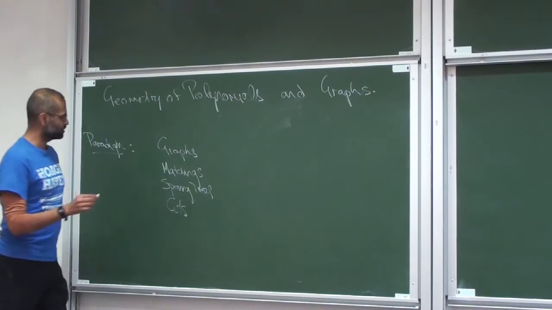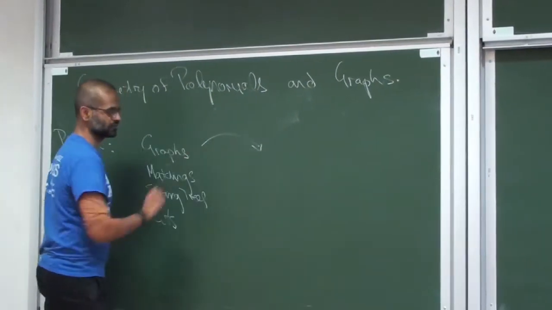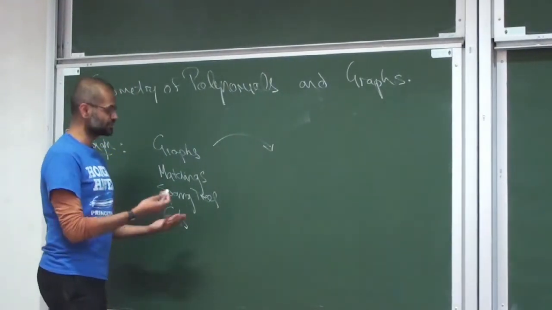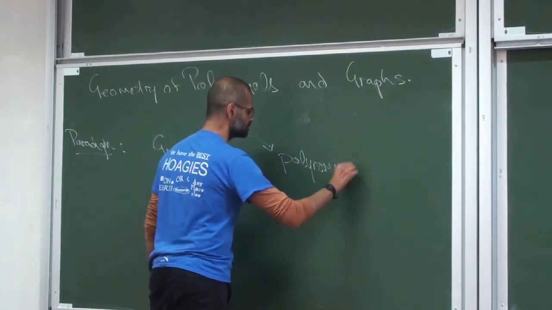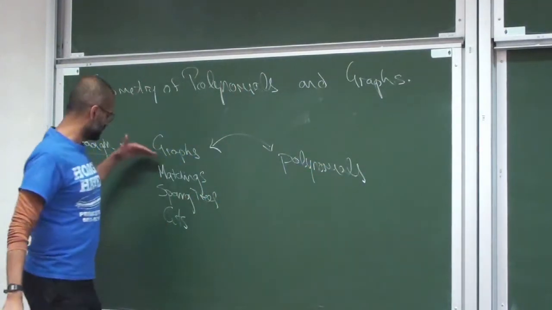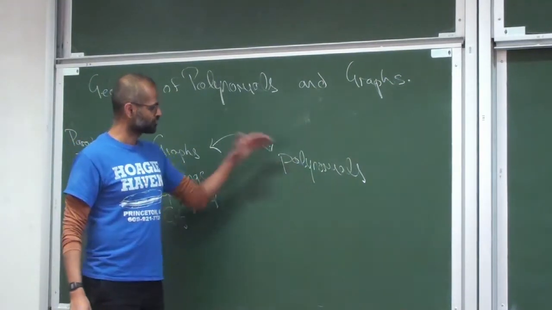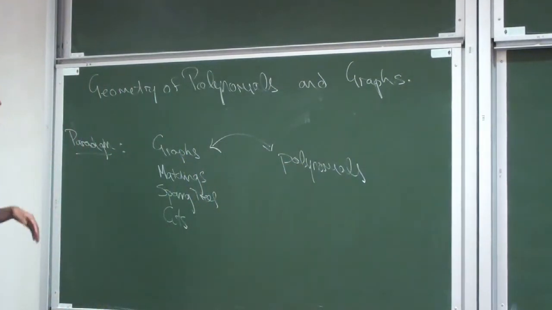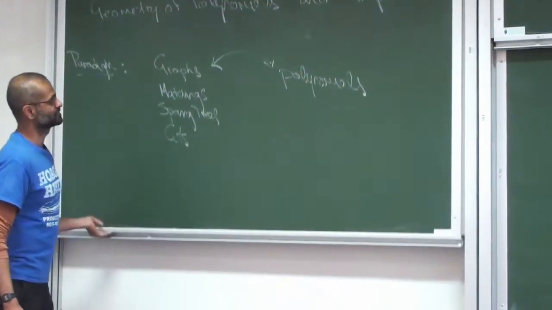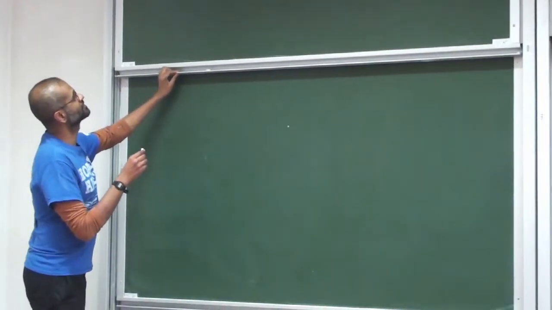And what these lectures are about is this paradigm where we encode these discrete objects, which are graphs, as some continuous objects, namely polynomials. And somehow we'll be able to solve all sorts of interesting problems on this side by encoding graphs as polynomials and studying these polynomials. And we're going to study them. Polynomials are an incredibly general object that occupies a vast area within math, but specifically we're going to be interested in